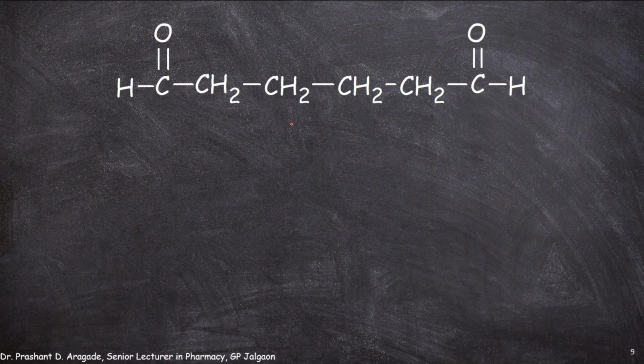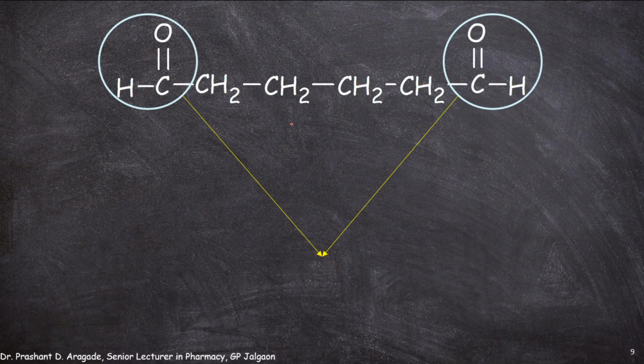So many times there are two aldehyde groups in one molecule, then that compound is called an alkanedial. Remember that if the aldehyde functional group is present 2 times, then dial is used, and at that time there is no need to replace this E. It should be written as it is.